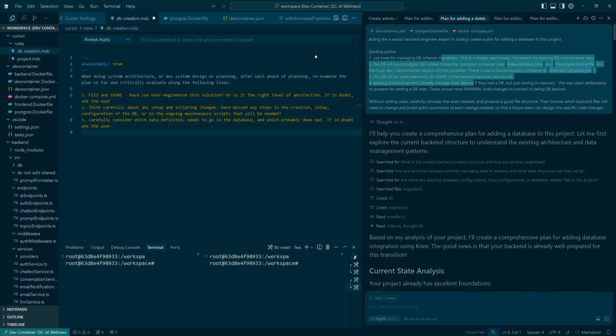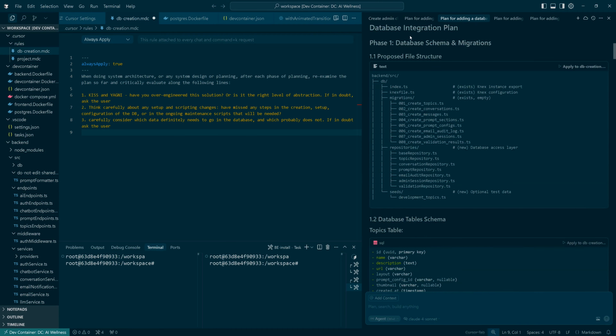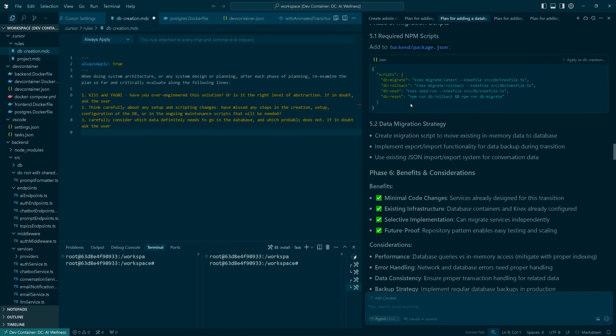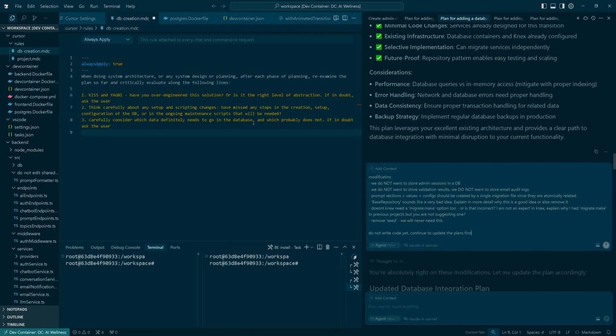I start with this, and then I see what comes out, do a very quick correction of it, and then I just list the things that you did bad and continue to update the plans, which is all a bit disappointing, really. And I will do future videos that go into details of how we can do much better cursor rules than this, but I just wanted to show that quite sensible seeming rules quite often back